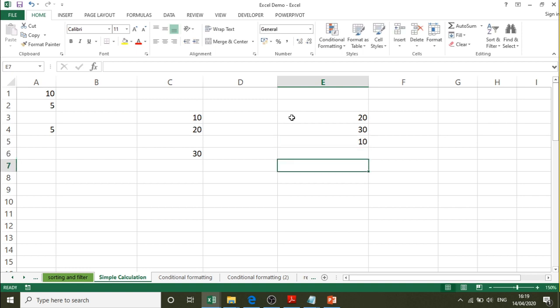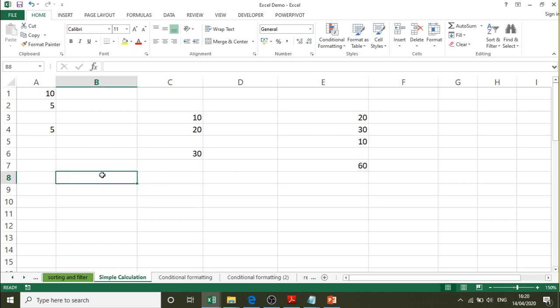In the cell where I want the result, which we call the active cell, I type equals, then type the cell address, that is E3 plus E4 plus E5. Press the enter key. This is how we can do the calculation in Excel.